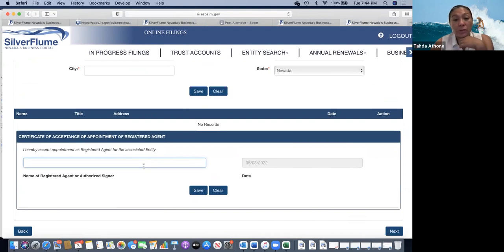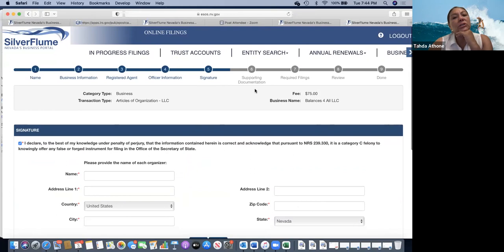In Arizona, it would send you an email. Whatever email you put in, it would then send over an email saying, do you accept this registered agent appointment? And then it requires you as that person to go into the Arizona online eCorp filing and accept that appointment. Here, it looks like it's just going to have you sign your name right here and hit save. And I'm wondering,